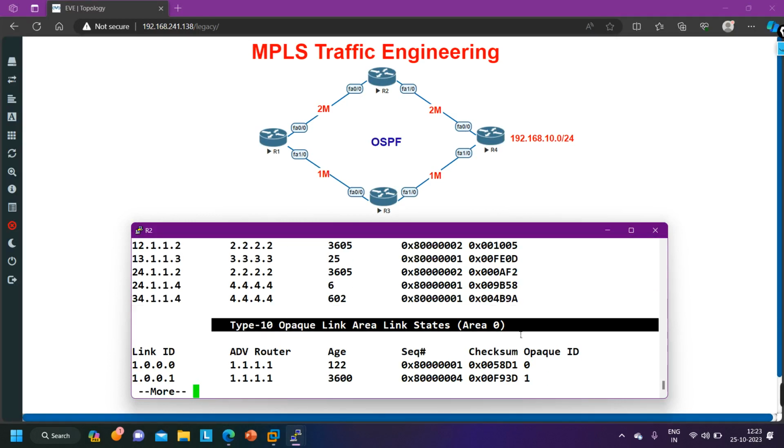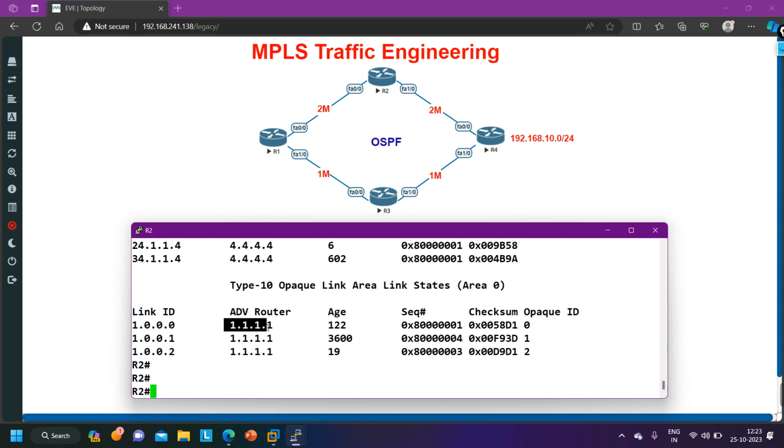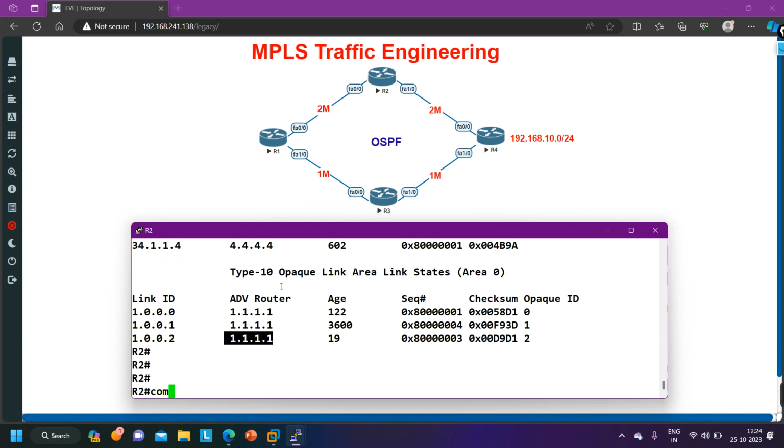Here we have not enabled MPLS, but router 1 has advertised this opaque LSA. Advertiser router ID is 1.1.1.1, right? Because on router number 1 we are running MPLS traffic engineering. Okay, so what we are going to do now, on router number 2 I am going to enable MPLS traffic